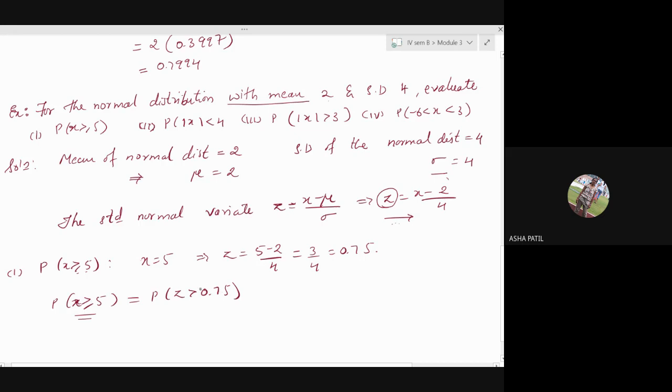This is the normal variate where we want probability that x is greater than or equal to 5. Now we will standardize it. So we want to convert it in terms of z. When x is 5, the value of z is 0.75. So instead of x, we will write z here. The 5 we will write 0.75. Now we want probability that z is greater than 0.75. That means we want this part. Z is greater than 0.75. What is to be written? Can you tell? A of 0.75. No, A of 0.75 will give you 0 to 0.75. Plus